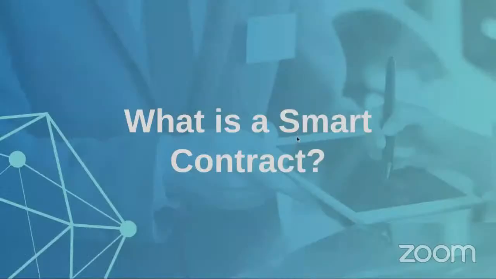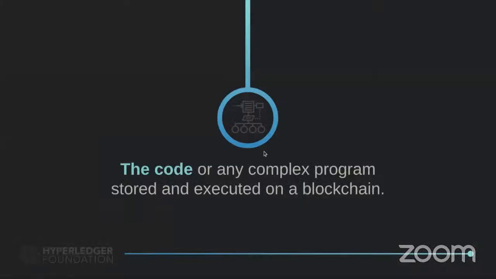So what's a smart contract? This is the big question of the day. Smart contracts are basically automated logic which is embedded within an agreement, within a digital agreement, where once certain conditions are met, the contract is executed. It's an automatic process where if certain things are met within the contract, it's executed.